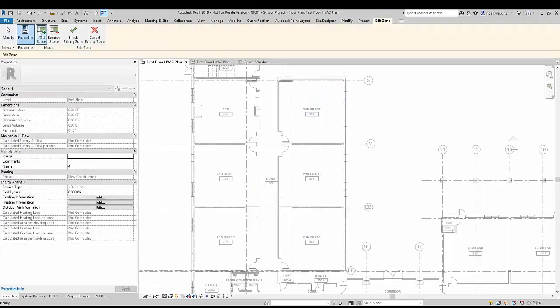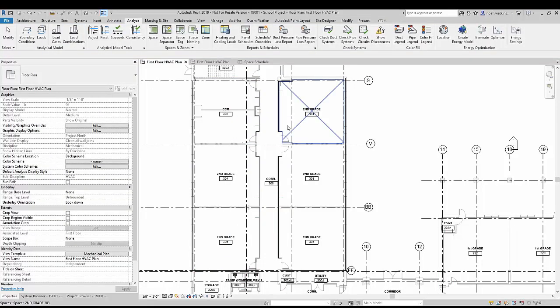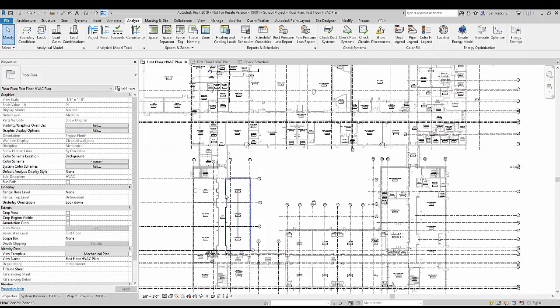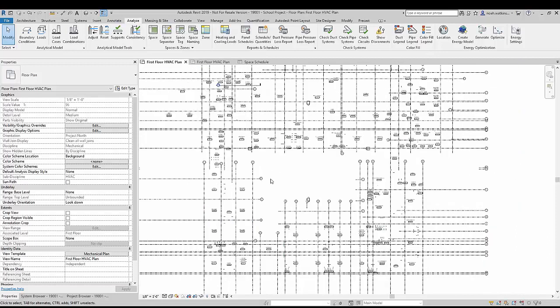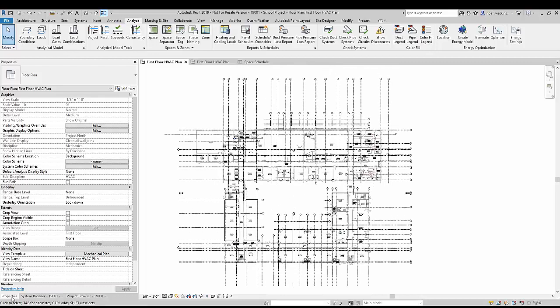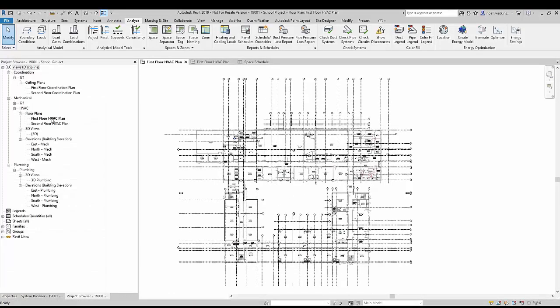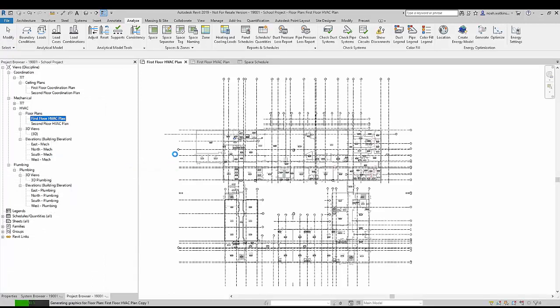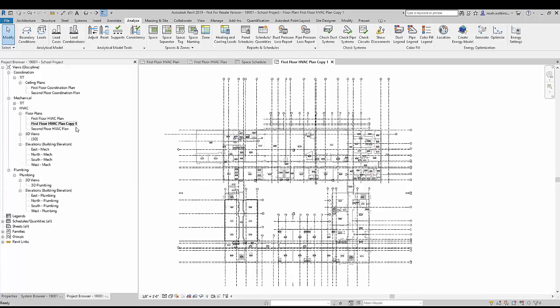I can go back, I can add more spaces. Again, maybe I need to zone this side as well to have these all on the same zone. I can go through and zone as much as I need or as much as I want to use. Once I do that, I can create a new view of this by duplicating it with the detail so that I have everything in place, going back, renaming this as first floor zones,